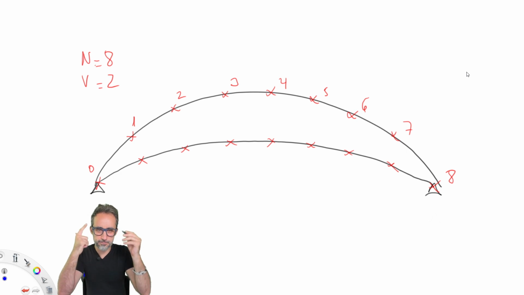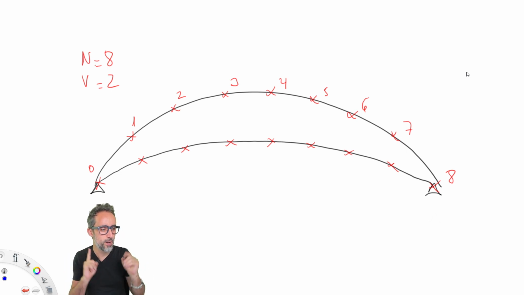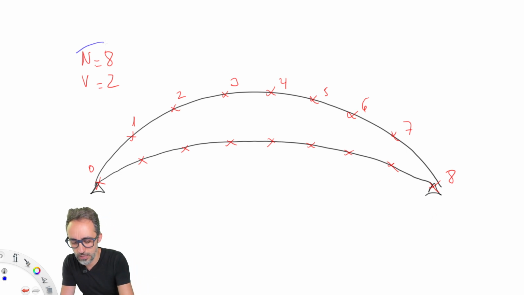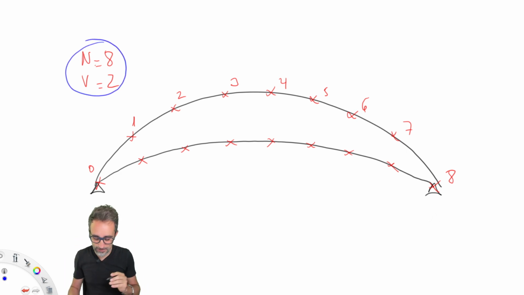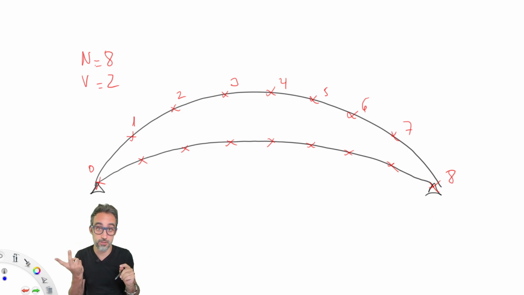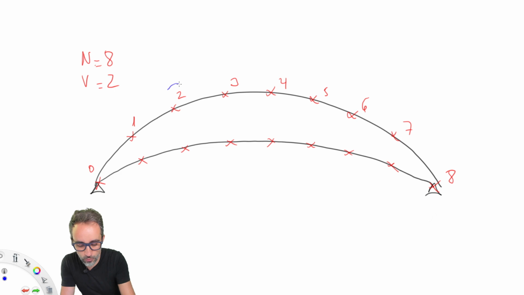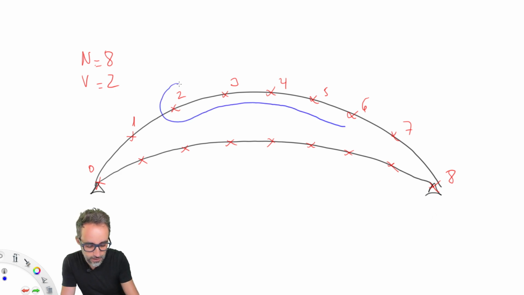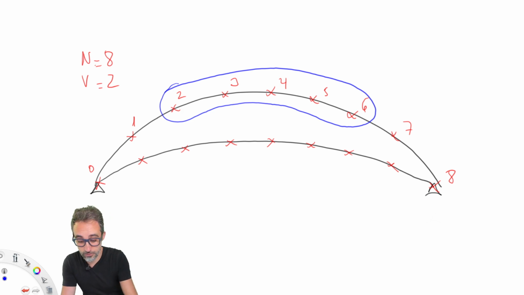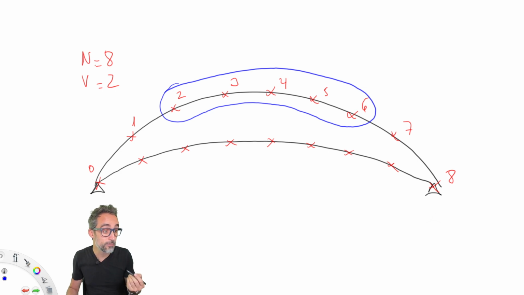You know me already. I like thinking through drawing, so let's take a closer look. If we imagine that we have a situation where the number of spans is 8 and the number of voids on each side is 2, we would want to extract this family of points from that list. And if the points are numbered from 0 to 8, because there's 9 points, remember there's 8 spans, so that means there's 9 points.